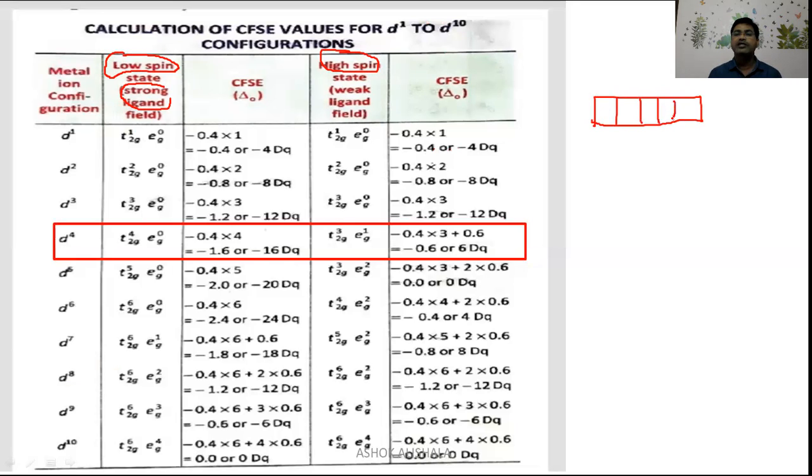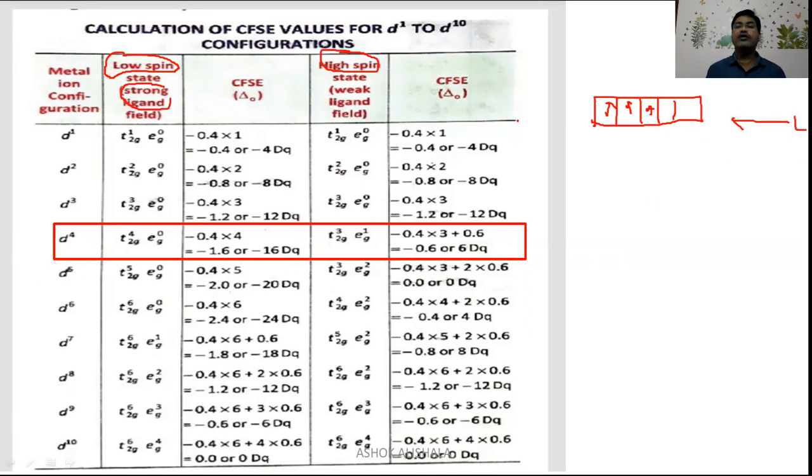What happens when a ligand approaches the complex? For example, I will take 3 electrons so that you can understand very easily. When the ligand approaches, depending on the strength of the ligand,